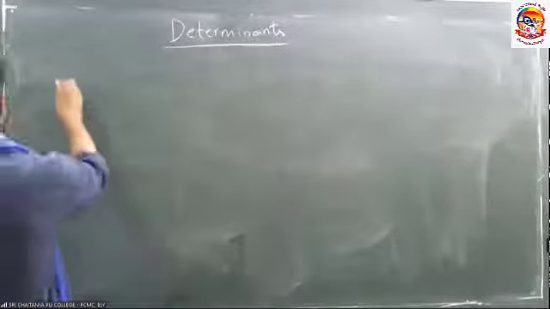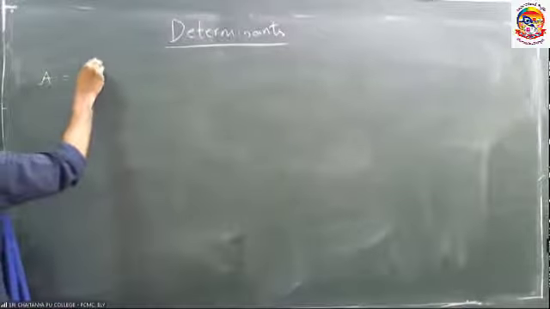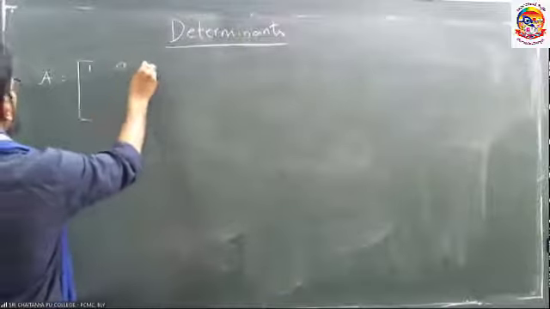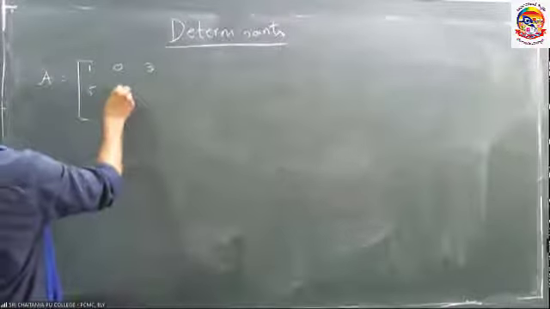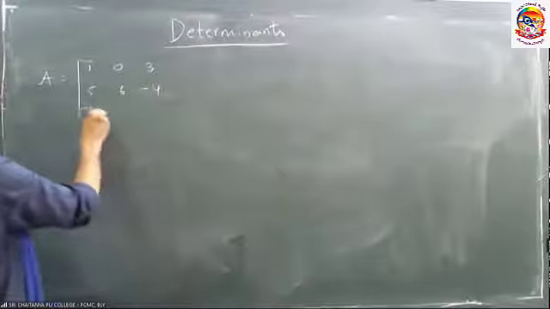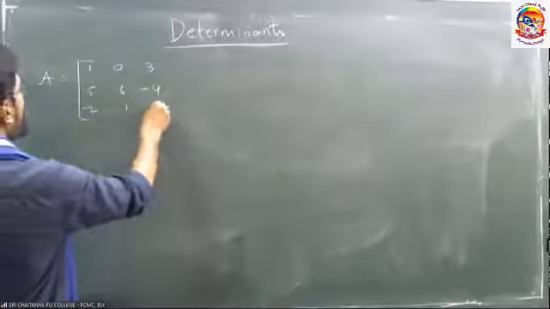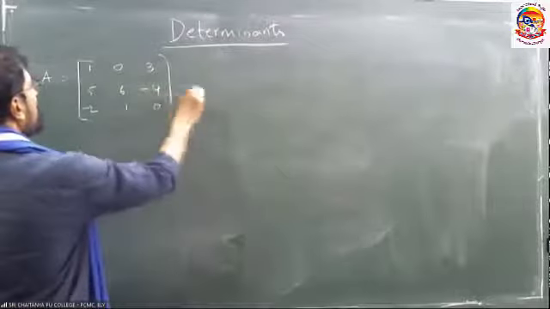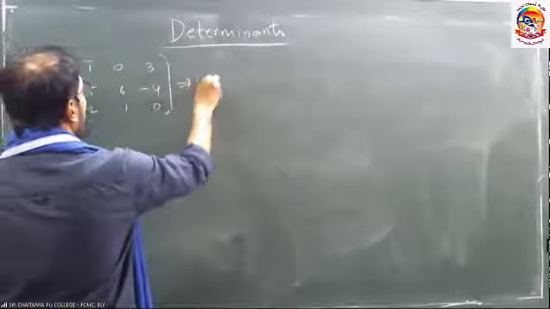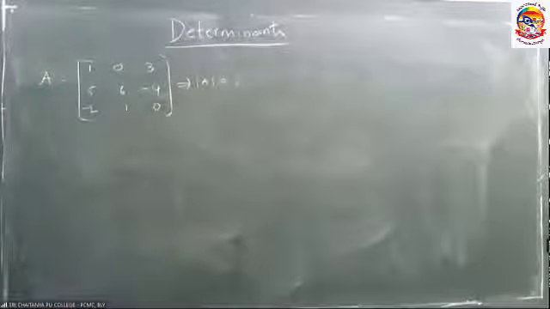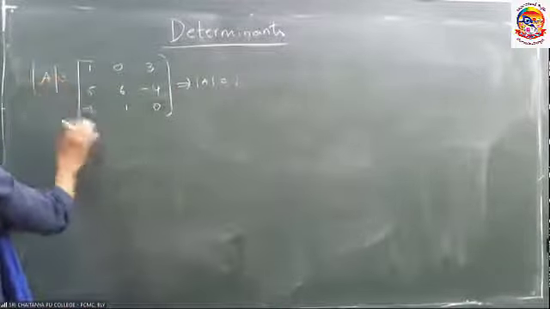Just observe. Capital A is equal to 1, 0, 3, 5, 6, minus 4, minus 2, 1, minus 5. Let me take this one example. Okay. Now, or else take zeros, and easily you are going to find det A. How to find det A? How to expand the determinant? Det A is equal to